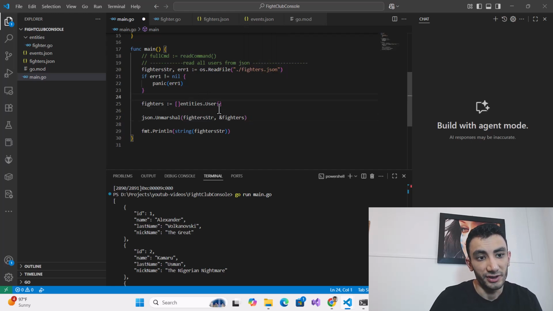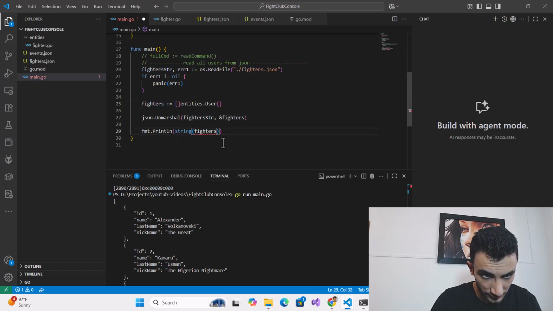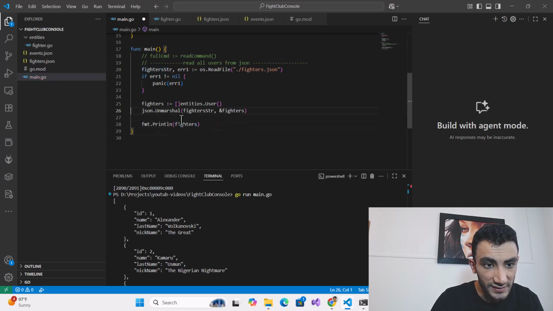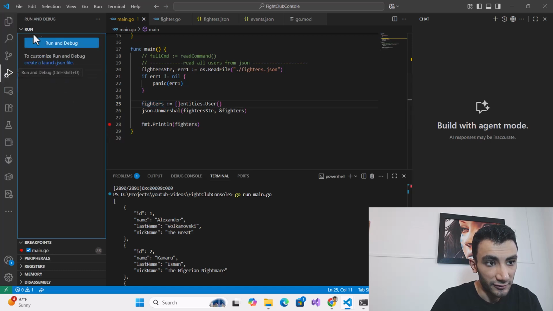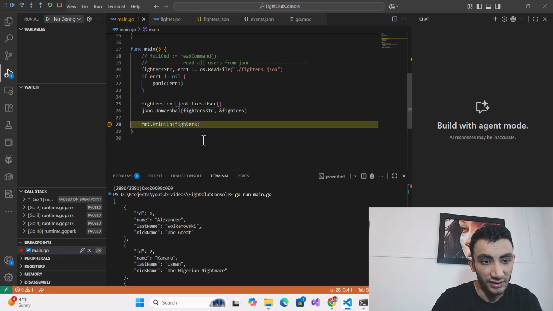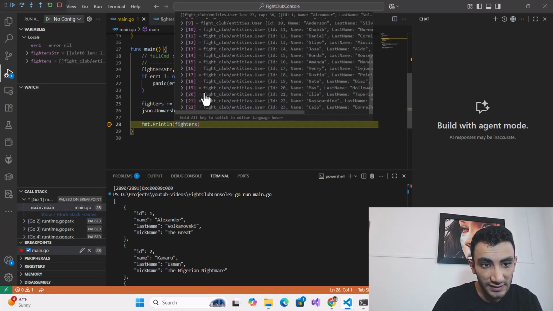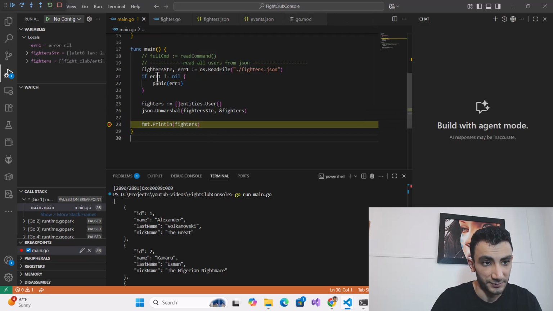What I do here, I made a list of the users with their fighters, and after that I parse the JSON and put all the fighters inside this list. If I debug this here, you can see I have a list of 22 fighters.